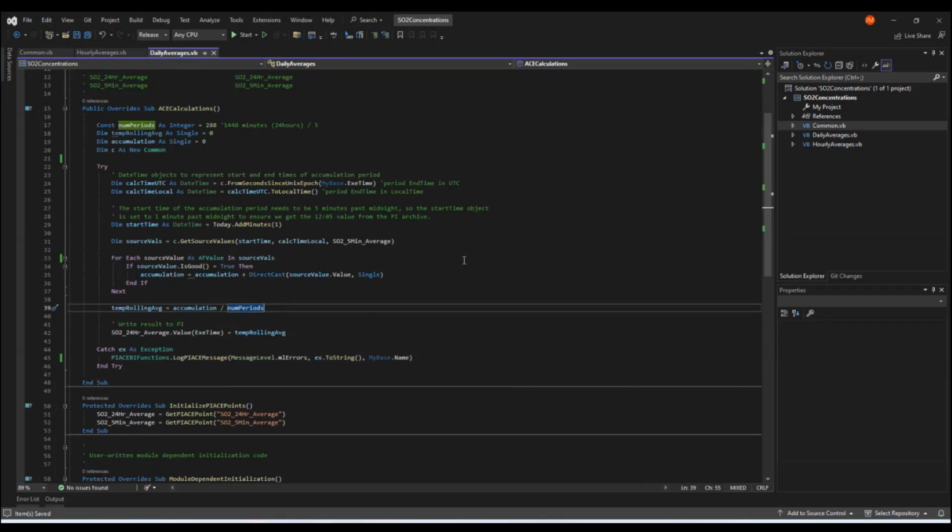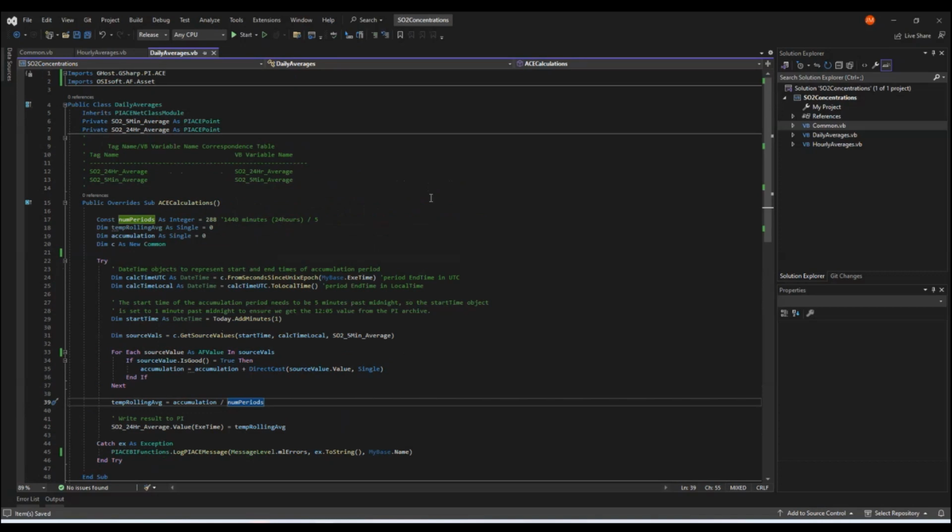Now, as I said, in PyAce, you had a wizard where you had to use that wizard to create a new calculation, edit the calculation, debug it, test it, ultimately compile it. In terms of compiling this particular code, all I actually really need to do is just go ahead and use Visual Studio's build option. So we can see at the bottom the build succeeded. What we now do is we take the compiled assembly, and we're now going to deploy it to our gSharp server.